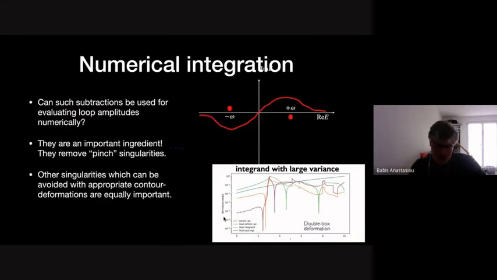Okay, a very last comment, if I have time. I told you the main part of our work. The question is whether we can turn it into a computational tool. We have an integrand which is free of singularities. Then in principle, you can put it into a Monte Carlo integration and integrate. But in practice, this is not what you can do. You also have to deform the contour of integration away from poles so that they don't give pinch singularities. They don't give soft or collinear singularities. So finding an algorithm for doing these deformations